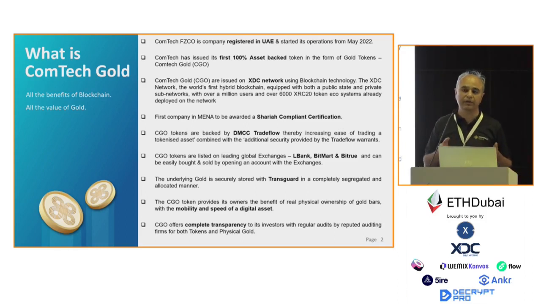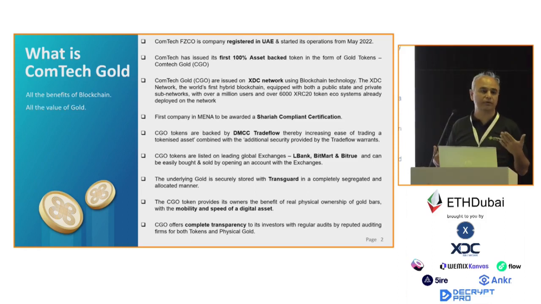Once we take this physical gold, we keep it in a vault with Transguard. Transguard is part of Emirates Group. When we keep this 1 kg of gold, we create these trade flow warrants, and for each warrant that we create, we parallelly create 1,000 tokens. So DMCC, as a government authority, validates both the Transguard warrants as well as the 1,000 tokens, and then